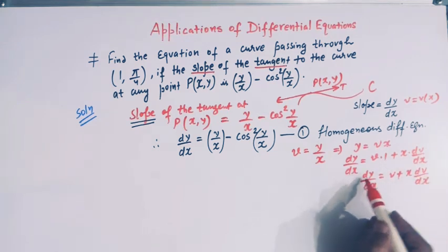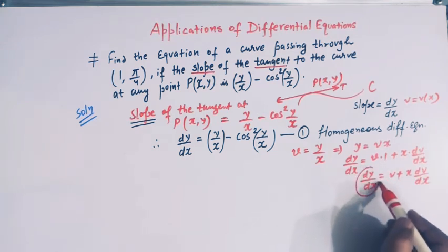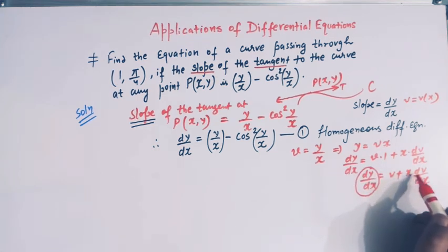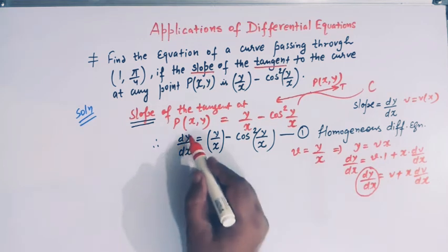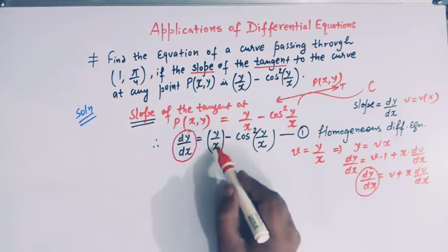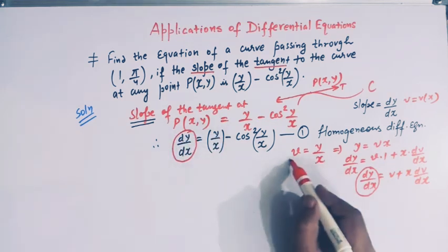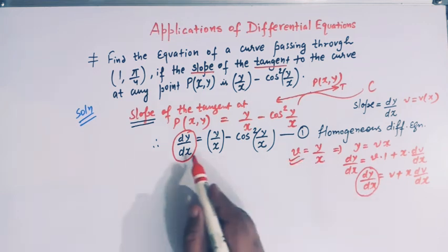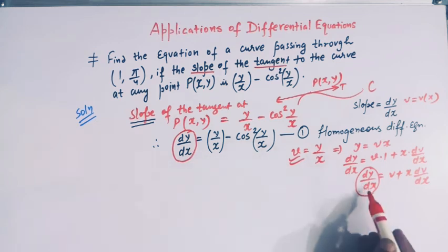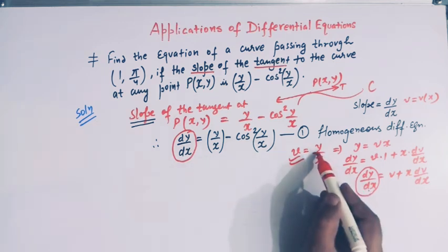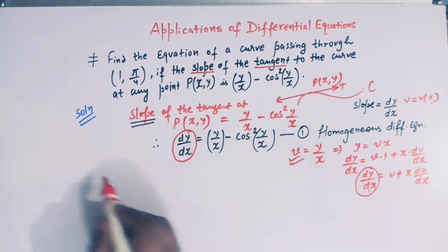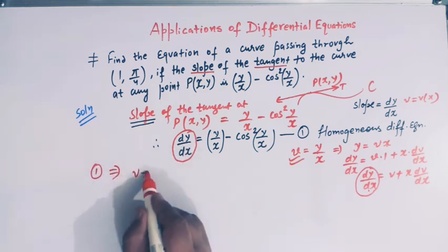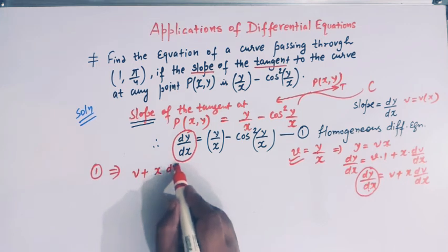Now substituting the value of dy over dx as v plus x times dv over dx here, and for y over x we can write v. Clear? So combining this equation,